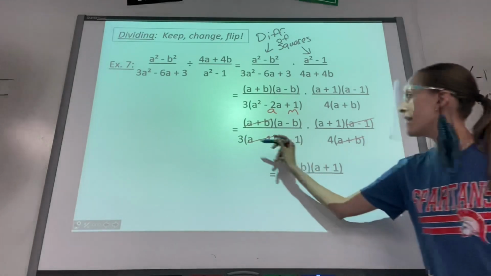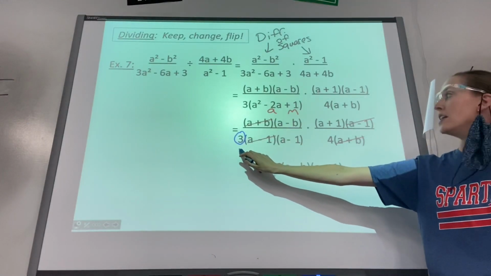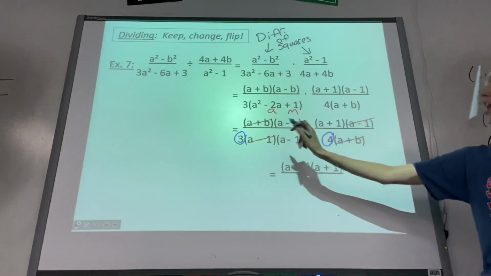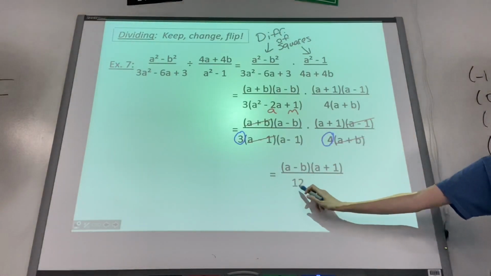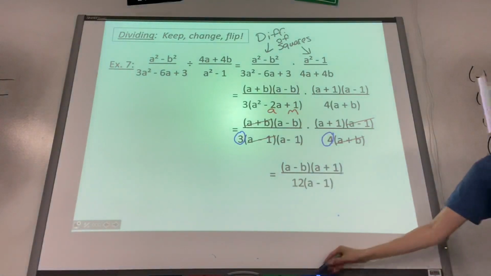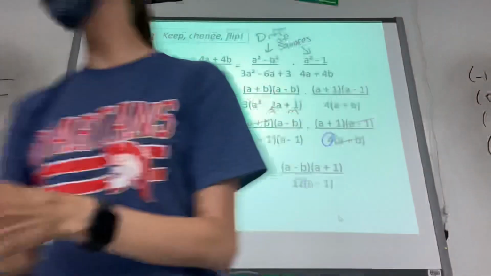Now I do want to point out on bottom, there's a 3 right here times a 4 right there. 3 times 4, let's go ahead and make that a 12, but then you can just put the a minus 1 right after that. A little bit more to do there on number 7. Questions about that? Leave that up there if you still need